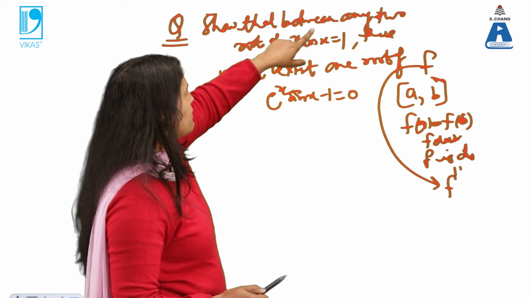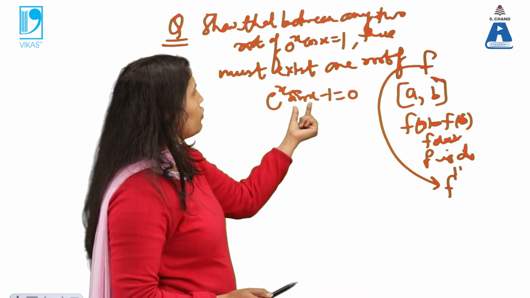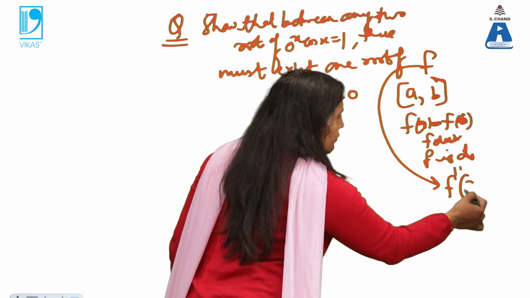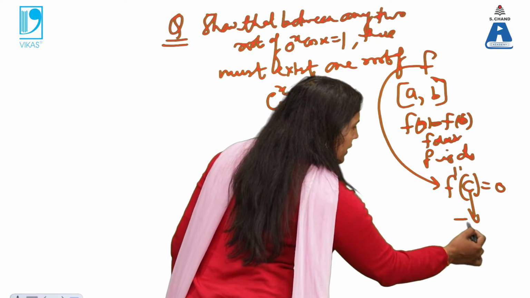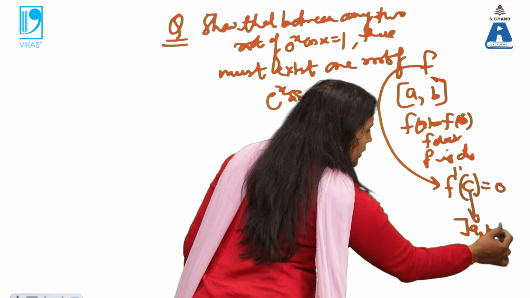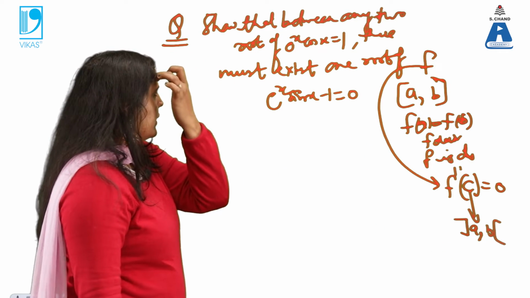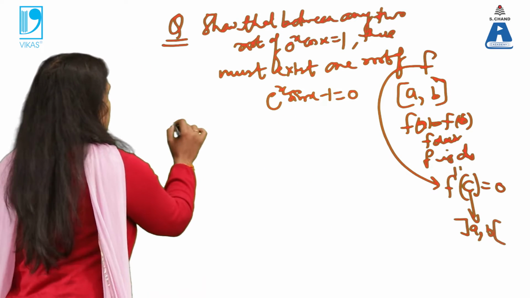Then easily we can say between any two roots of this function, there exists one root of this function, because this says that the derivative function will be 100% zero at some point, and this point lies between the open interval (a, b). So this is how we relate and identify where to apply Rolle's theorem. So the solution part,